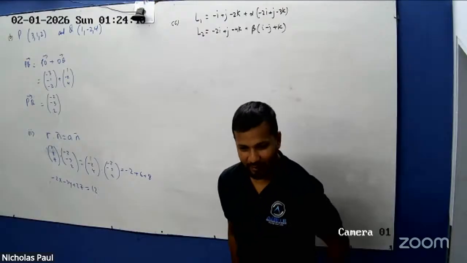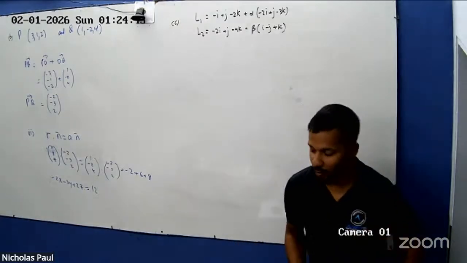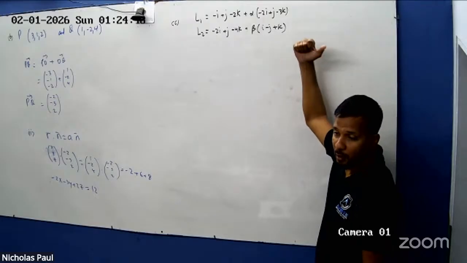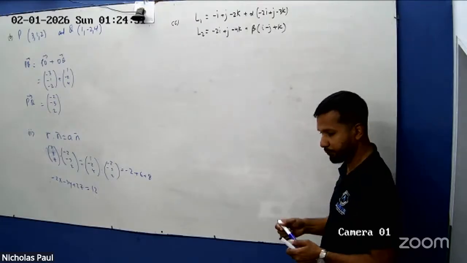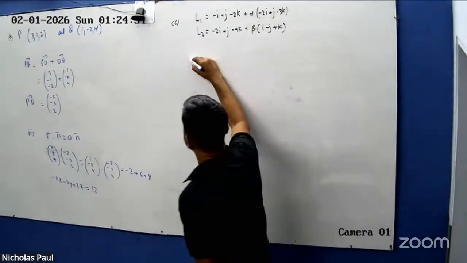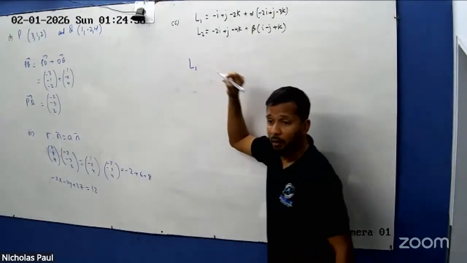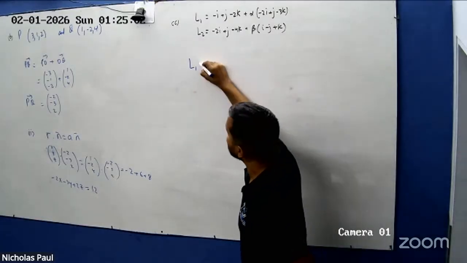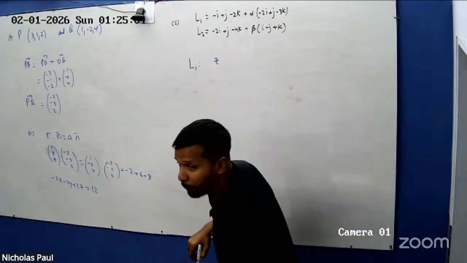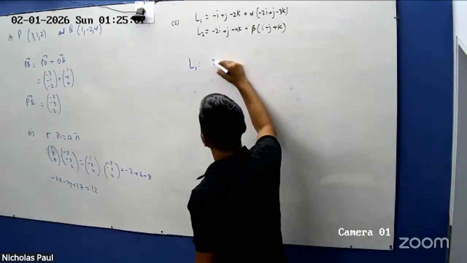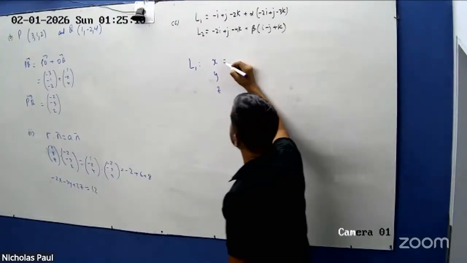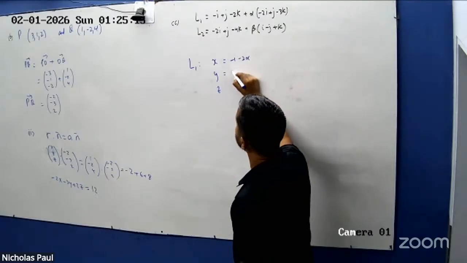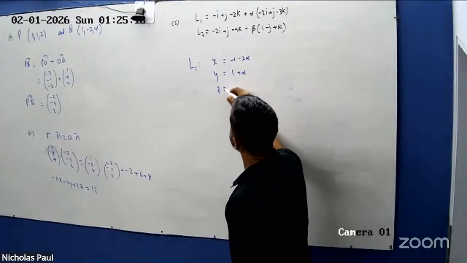I saw last week. Put it in parametric form and solve simultaneously. Right? Let me put it in parametric form then, Nathan. Put this in parametric form for me now. Minus 1 minus, right? Y is what? And Z is,